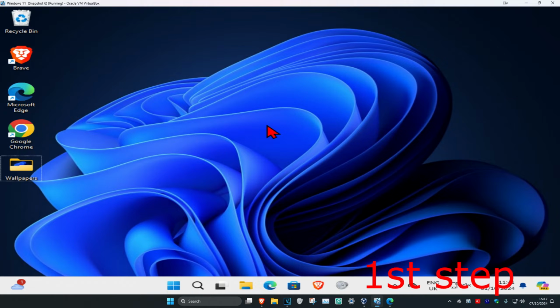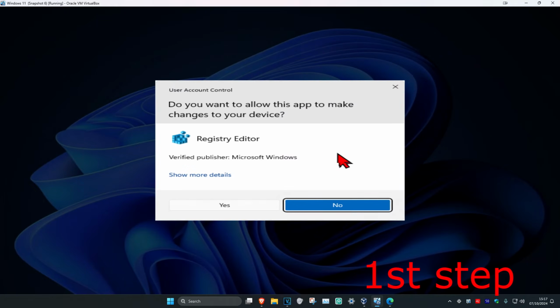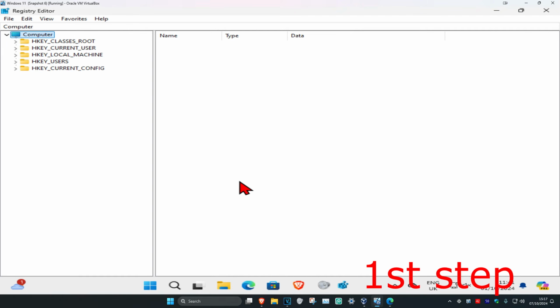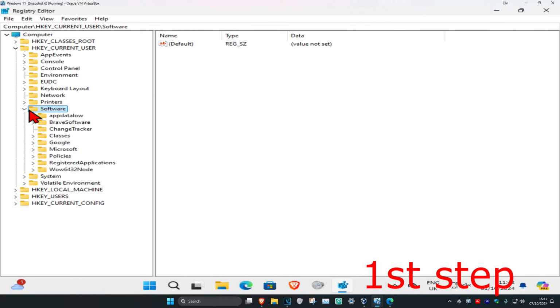So guys, for the first step, you're going to head over to search and type in registry editor. Click on it, and then click on yes. And once you're on this, you can follow everything I'll be doing up here. So first you want to expand HKey current user, and then you want to expand software, and then you want